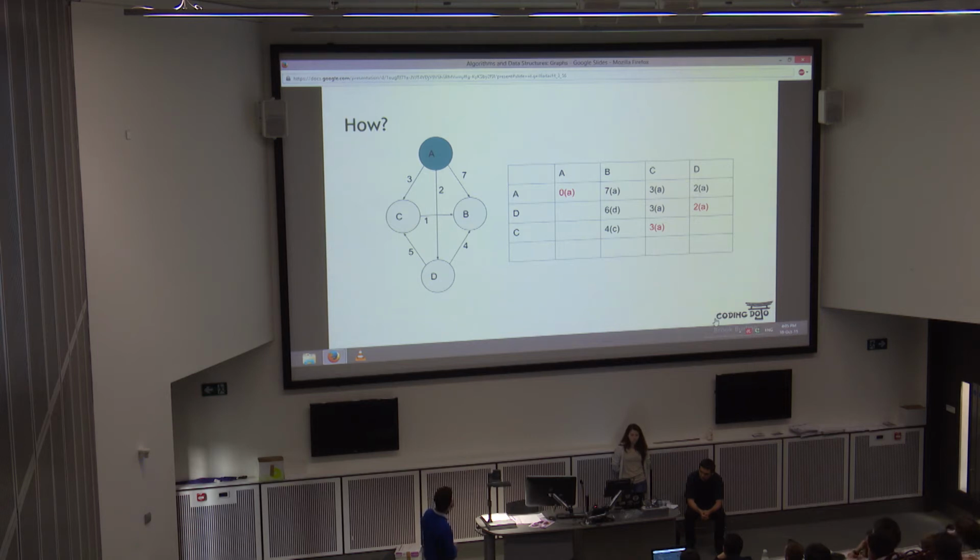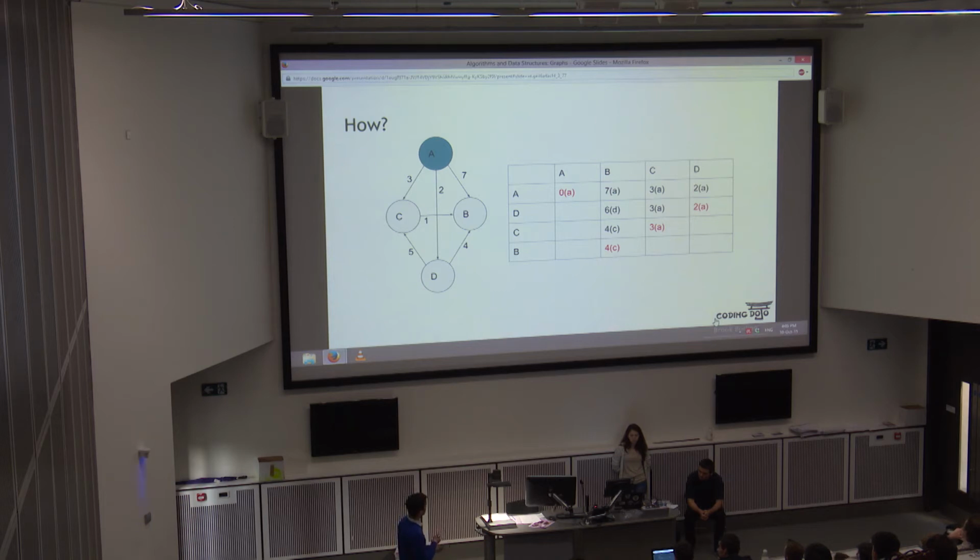Well, from C to B with cost 1, and it gets me 3 to arrive at C. So 3 plus 1 is 4, which is better than 6. And yeah, I'm done. Now, if I want to check how I got there, if I want to see the